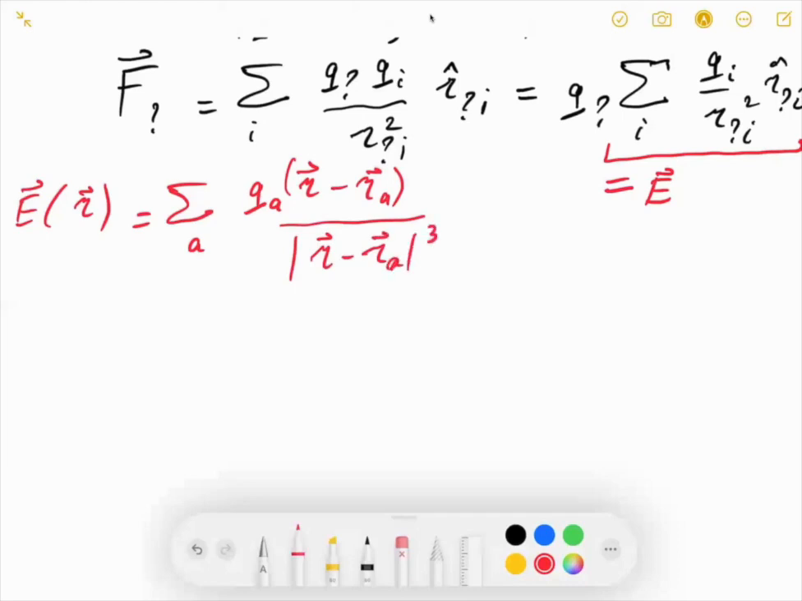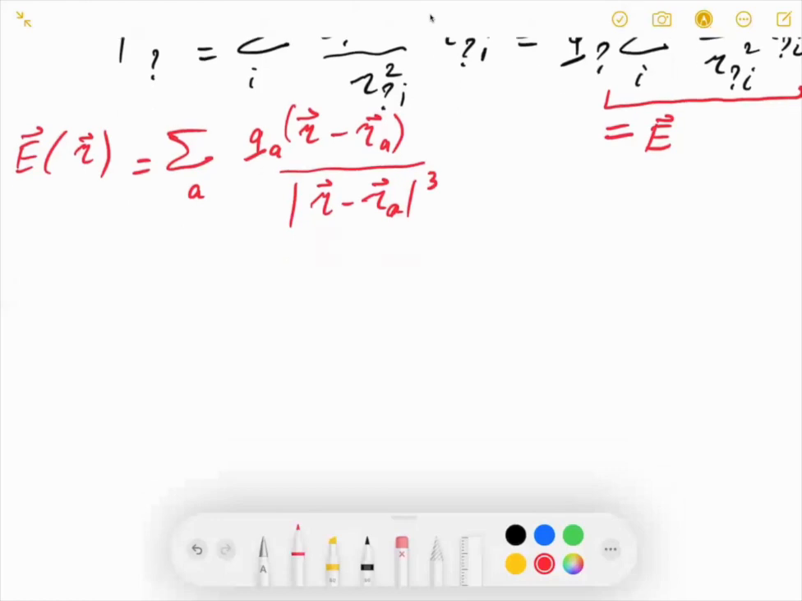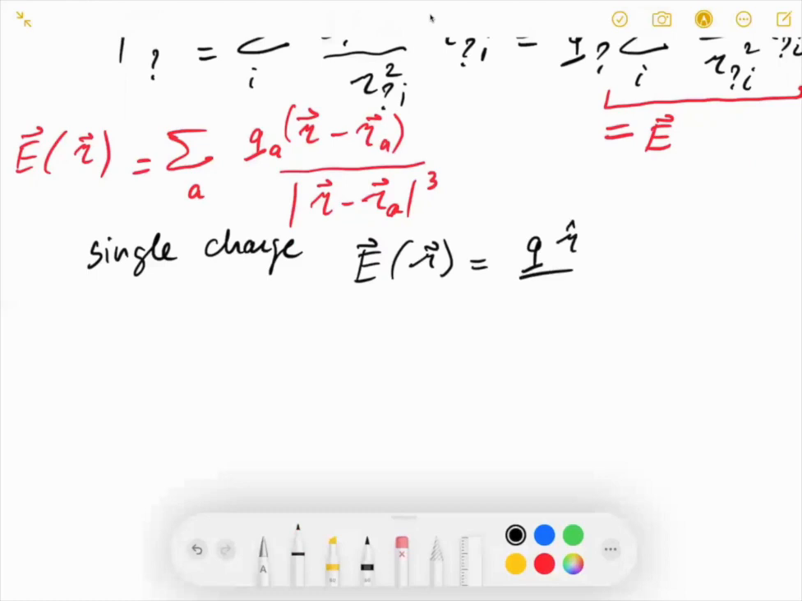And that is, of course, for a distribution of charged objects. And of course, a single charge would have some kind of E as a function of R, would be just whatever that Q is, R hat over R squared, if it's at the origin,